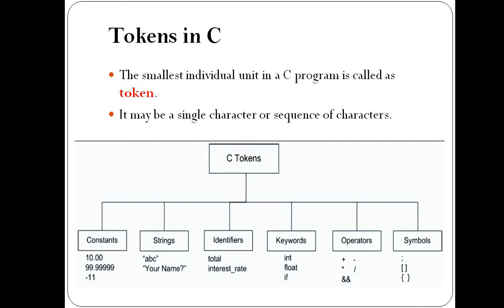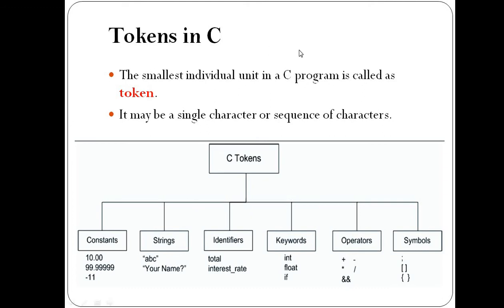So the first one is what? Tokens in C language. So what is the definition of tokens? The smallest individual unit in a C program is called a token. Understood the definition? Smallest individual unit. Smallest individual unit means what? Any small part in your program. Like you can consider any character, any digit, any special symbol, any special line, that small part in your program is called a token, because a program is nothing but a collection of all the things. So every small task we need to consider, and that small task is called a token.